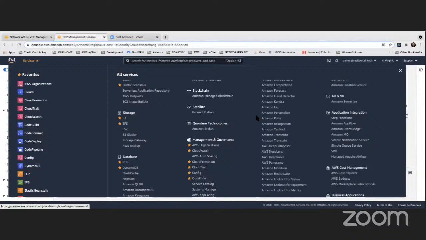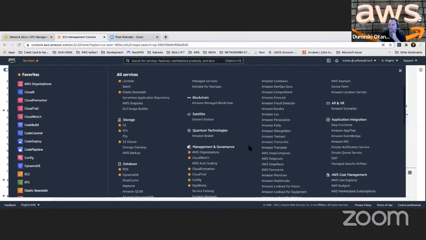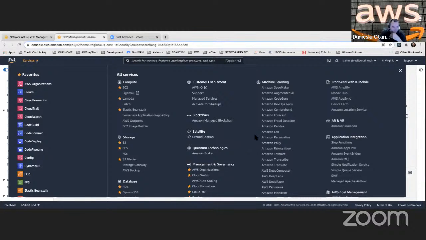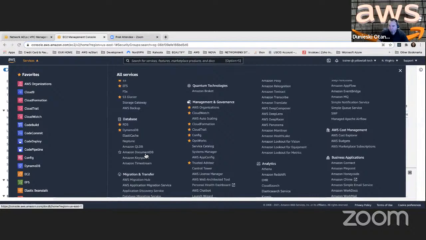What about Amazon DocumentDB? We see Glacier as well. Okay, say that again? Amazon DocumentDB, no, we're not going to see that. The only NoSQL database that we're going to see is DynamoDB. This is a NoSQL database. We're not going to see this guy. We're not going to see Neptune, which is a graph